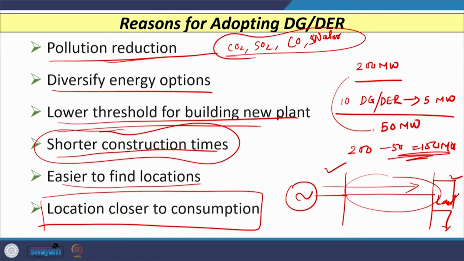However, if we adopt DG or DER, we can connect several DGs here where the load is situated, then the power to be transmitted can be reduced, and hence the transmission line losses can also be reduced. So, these are the main important reasons why government is encouraging the penetration or connection of